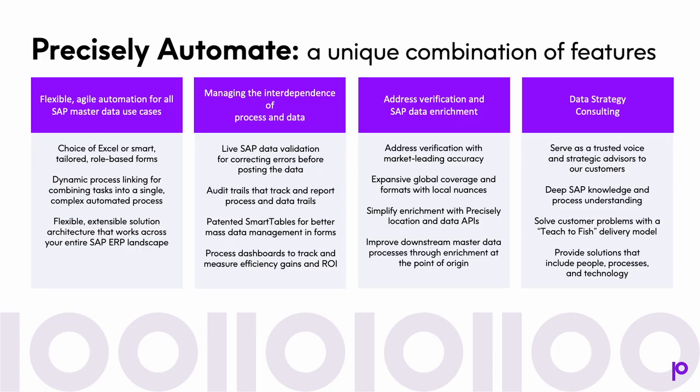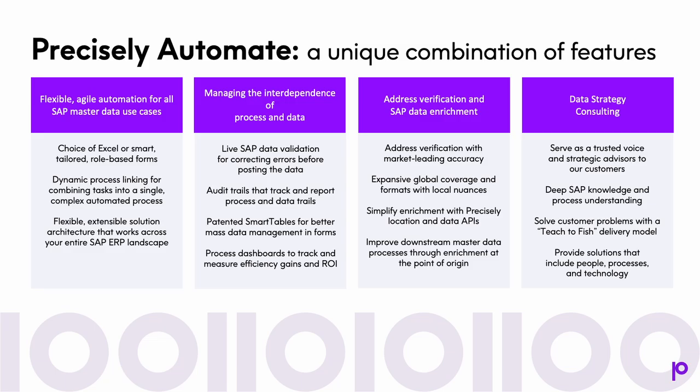If you've got issues with address validation, location, geolocation, any of those things, Precisely has an integrated location and data intelligence API that comes with Evolve. So we can help you when you're creating a record for a location. We can give you very specific information about it, and so you can map and understand what's happening in very specific places. And then if you're really trying to understand your overall data strategy, we do have a data strategy consulting group that is brand neutral. So it doesn't matter whether the best solution is going to be a Precisely solution or from somebody else. They're very good and extremely experienced with SAP to be able to help you work through that.